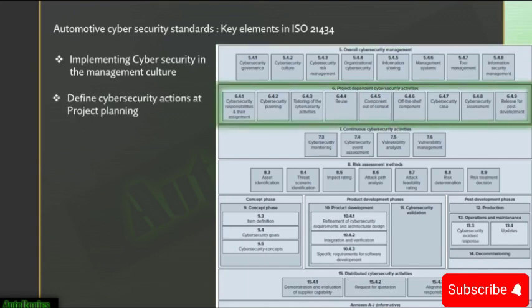Then comes the section or class 6, which is project dependent cybersecurity management. So this section talks the allocation of responsibilities and the planning of cybersecurity activities, mainly dealing with the requirements, addressing the management of cybersecurity development activities for specific projects. It also applies to the cases where tailoring can be applied, like reusing the components, using out of context development, or using an off the shelf component such as open source codes.